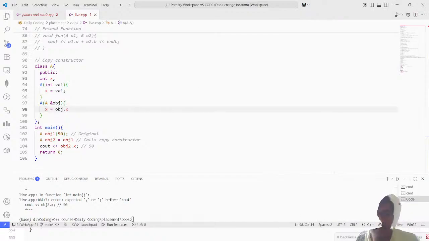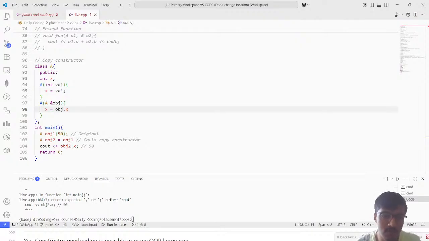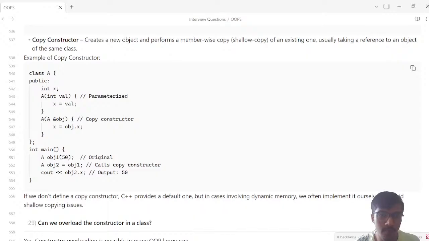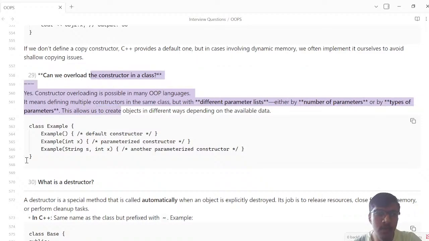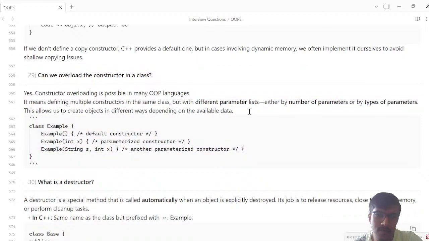So yep, an example of copy constructor. I'll just quickly add it to my Obsidian, not VS Code. Yeah, so I've written the same as well here. Can we overload the constructor in a class? Yes, constructor overloading is possible in many OOPS languages. It means defining multiple constructors in the same class, but with different parameter lists, either by number of params or types of params. This allows us to create objects in different ways. For example, you can see again, I just write,